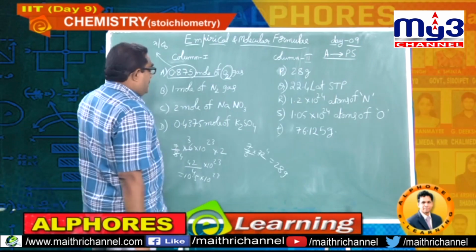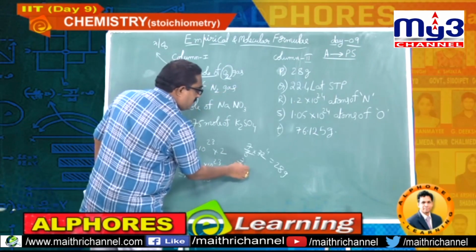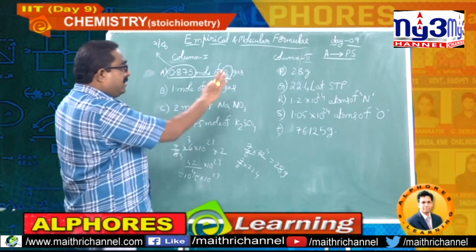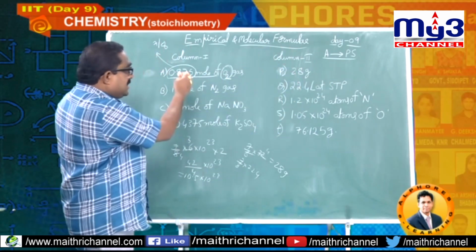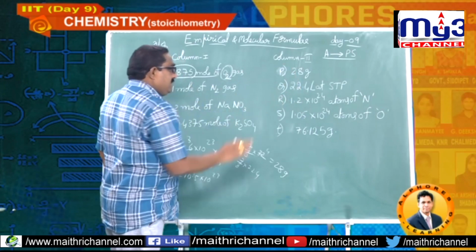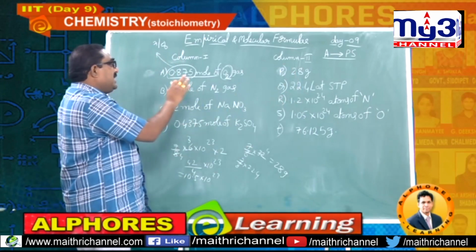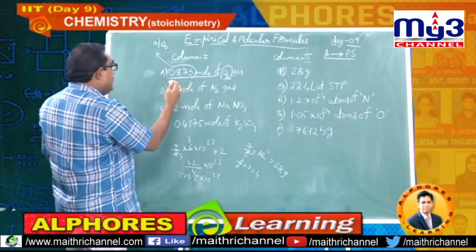Let me check the volume also, because it is given 7 by 8 moles. 7 by 8 into 22.4, no doubt you will never get 22.4. It is not matched with Q. It does not contain any nitrogen, so not matched with R. The weight is also not matched. So finally A is matched with P and S. Okay, now come to B.